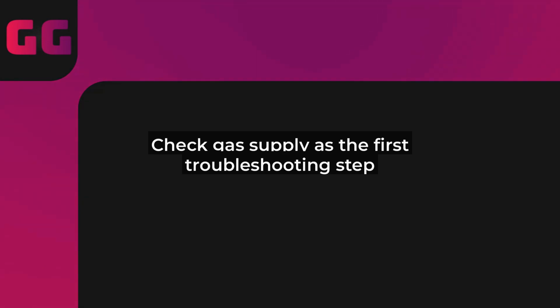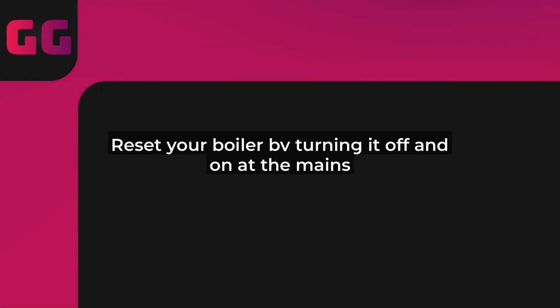The most common culprits include a faulty ignition electrode, issues with the gas supply, or even a blocked flue. Other possibilities are a dirty burner, low water pressure, or problems with the boiler's electronic controls. In older models or those not maintained properly, dust and debris can build up, triggering this error. If you've recently had a power outage or gas interruption, that might be the trigger too.